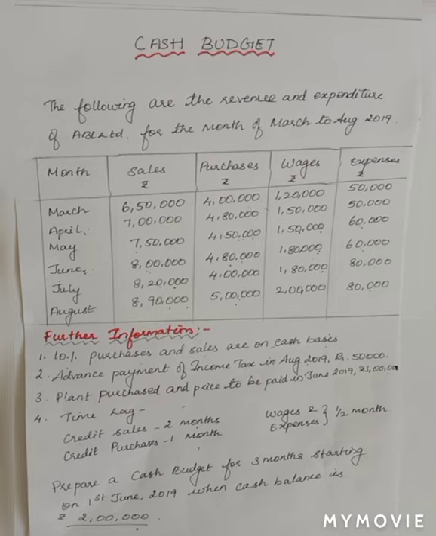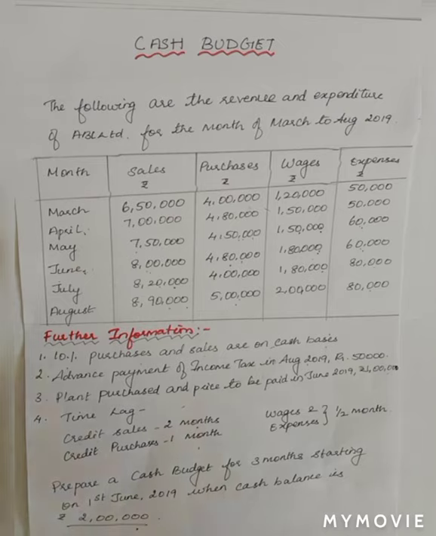Therefore, it can draw up a cash budget which gives the estimated incomes and expenses of the nearest future. As I said earlier, if there is any deficit, it can make it up. It can control the deficit by getting a bank overdraft or a small loan or anything else to make up the deficit. Here we will see it with a numerical example.